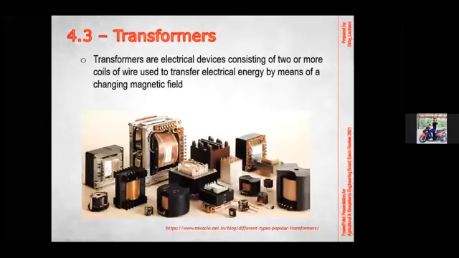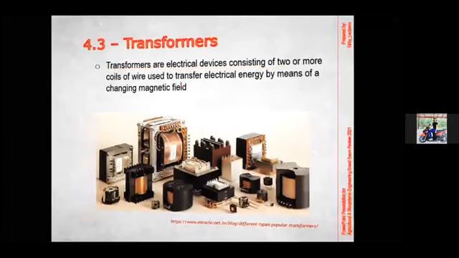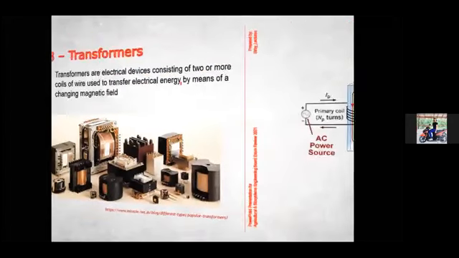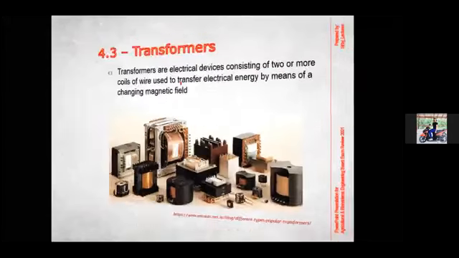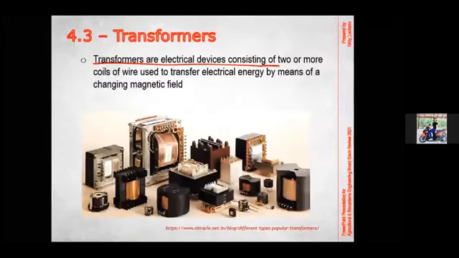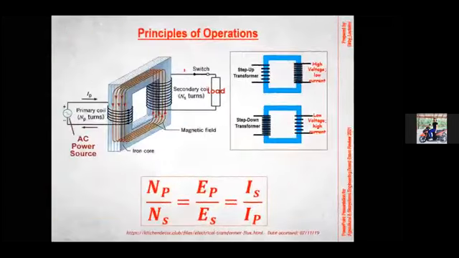Okay, now for our next topic, we'll talk about transformers. It says here that transformers are electrical devices consisting of two or more coils of wire used to transfer electrical energy by means of a changing magnetic field. So we have a lot of different types of transformers that you can find in electronic devices and even in electric power distributions. And the principle of operation is that we have this coil,